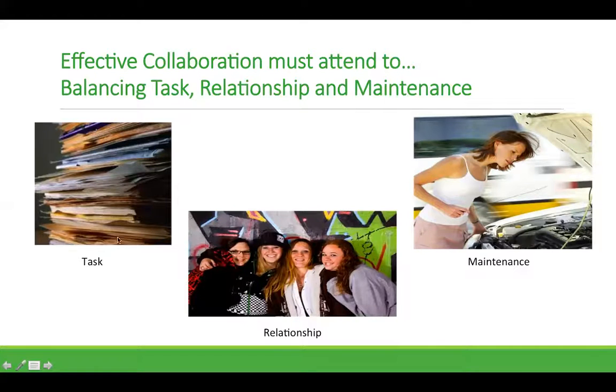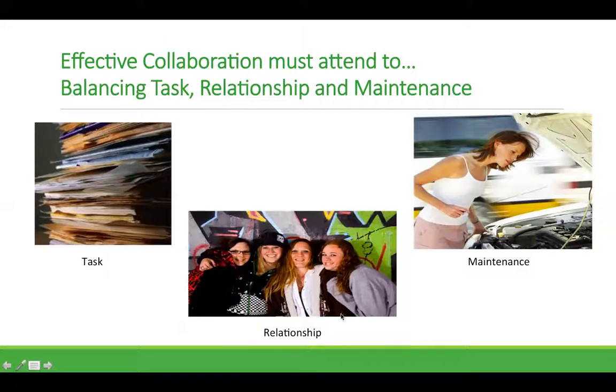I do want to take a moment to talk about this. This is one of my favorite aspects of this. And I've kind of alluded to it already, but effective collaboration must attend to balancing task, relationship, and maintenance. And tasks is, just as this picture depicts, this is the agenda and getting the work done, getting those boxes checked off.